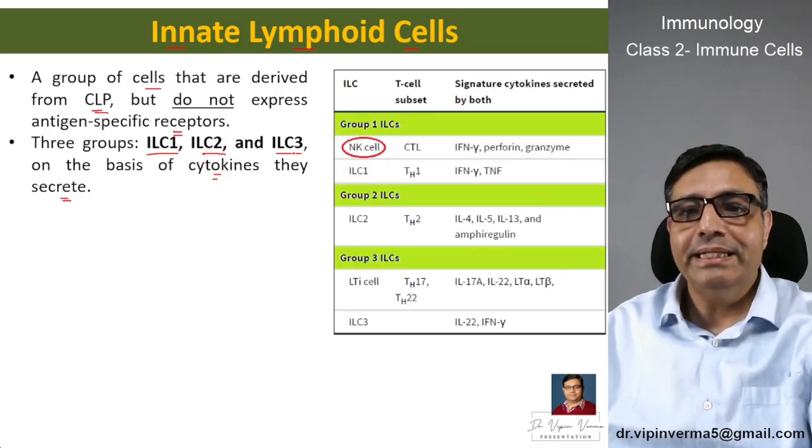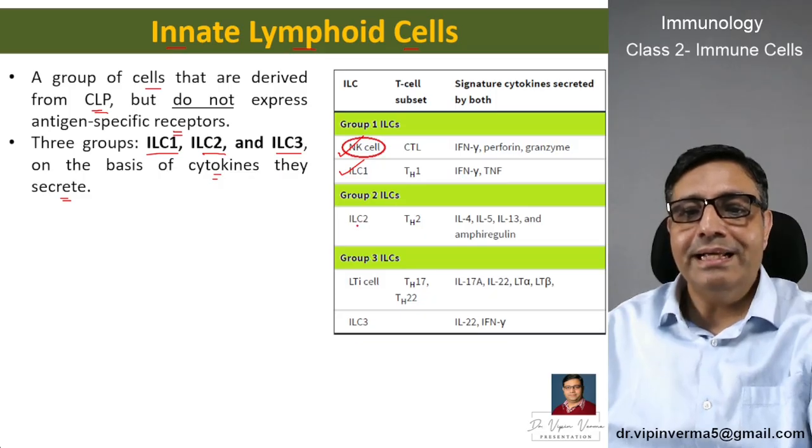So here you can see group 1 ILC, its major part is the NK cells and ILC1 cells, and here the signature cytokines secreted by CTL, which are the T cell subsets, because they are the lymphoid cells. So they have the IFN gamma, perforin and granzyme, and ILC1 has the TH1 cells which release the IFN gamma